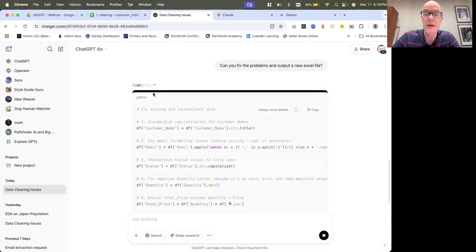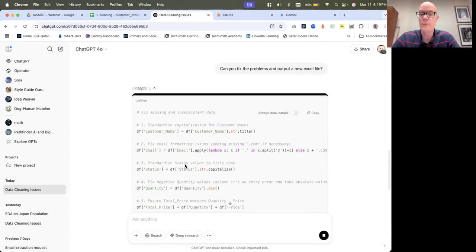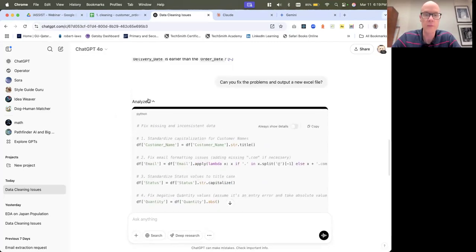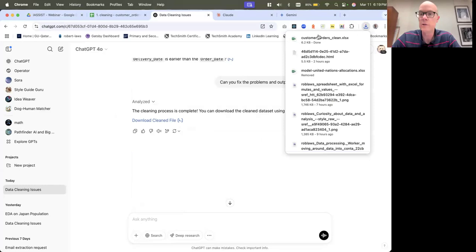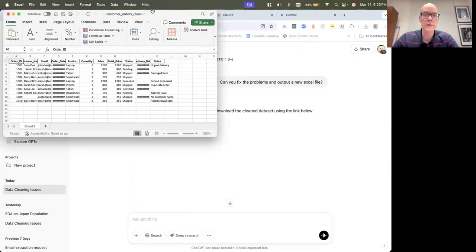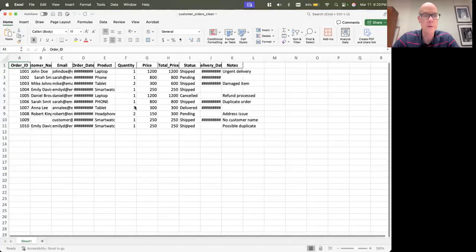Now, what it actually is doing behind the scenes is processing the data. It's applying Python code here to fix the problems and then to output an updated file, which it did here. And now we can download and actually look at this and see if it was successful in making the corrections. So here we go.